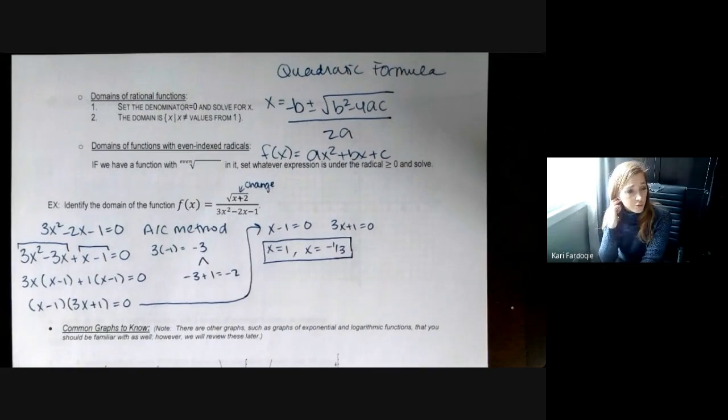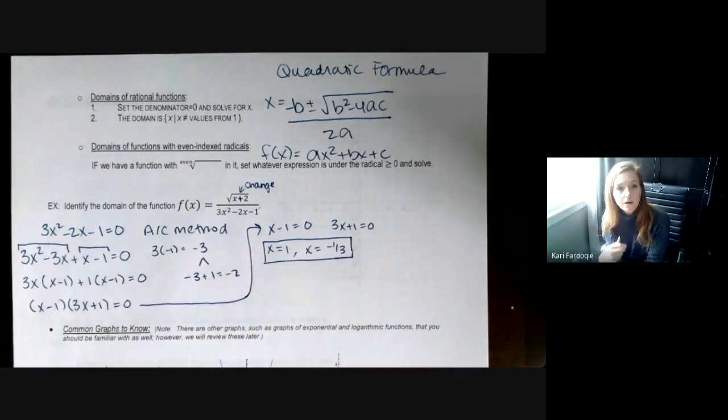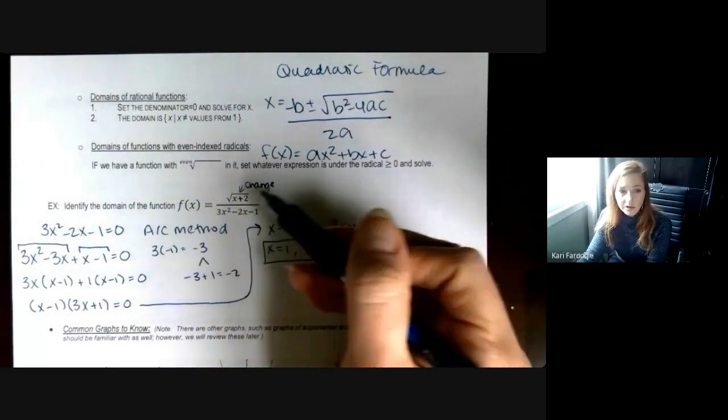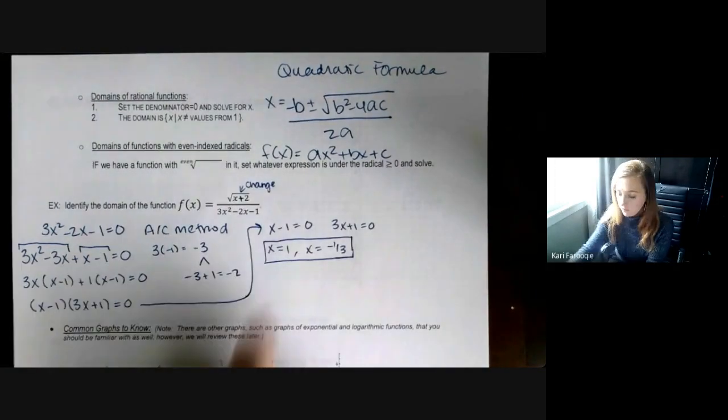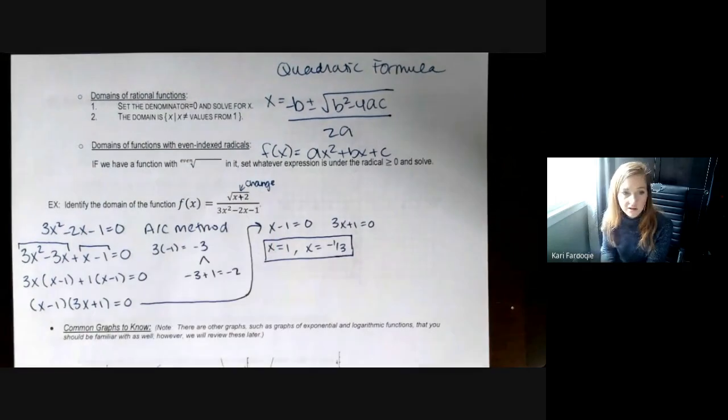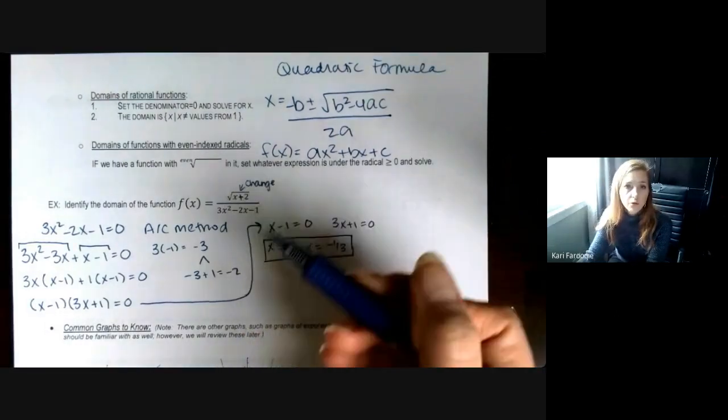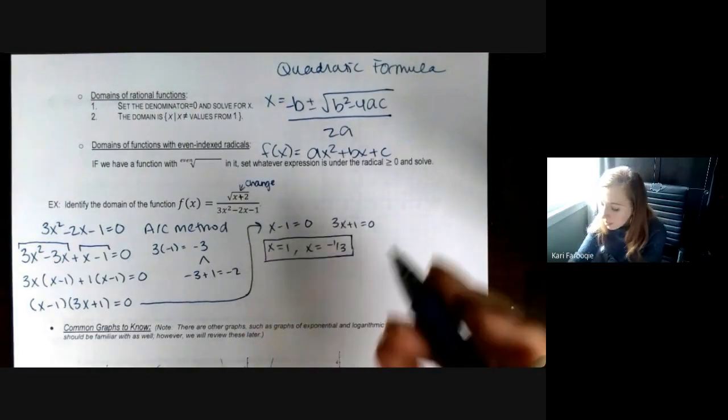As far as the numerator is concerned, remember we have two different things we're looking out for. We're looking for fractions where the denominator might possibly be equal to 0, and we're looking at radicals where we have an even index on the radical. Remember that if the index isn't written, it's assumed to be 2. So if this is a square root, the square root has an index of 2. Any index that's greater than 2 will be written. The cube root has a little 3 there. A fourth root will have a little 4 there. But this is a square root, so I need to verify